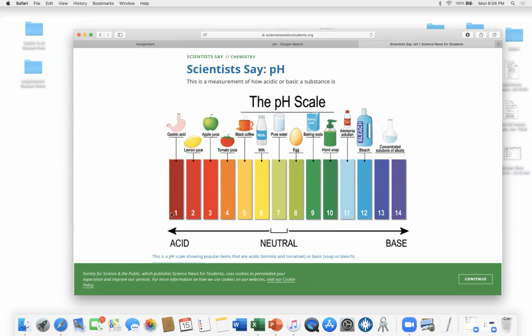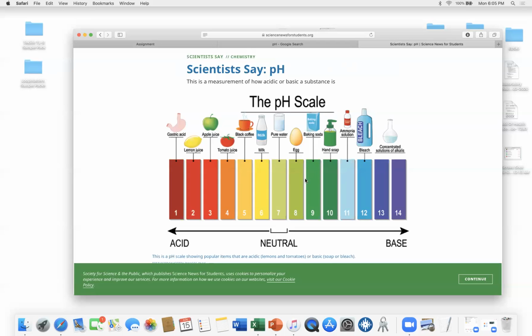Well, there's a system of 1 through 14. Neutral, or where humans should be, is around 7, 7.4 to be exact. But if you're closer to 1, you're very, very acidic. So if you have like 6 and 5, it's all mildly acidic, right? And then when it gets 3 and 4, it gets significantly acidic. And then when you get 1 or 2, it gets very acidic. And what acid means is there's a lot of hydrogen ion, or H+, if you recall your Anatomy and